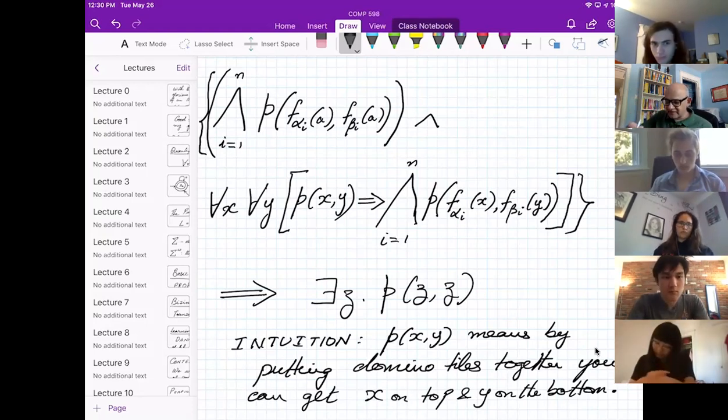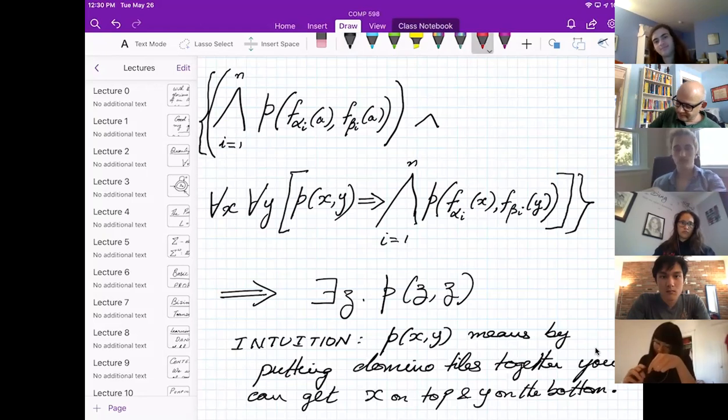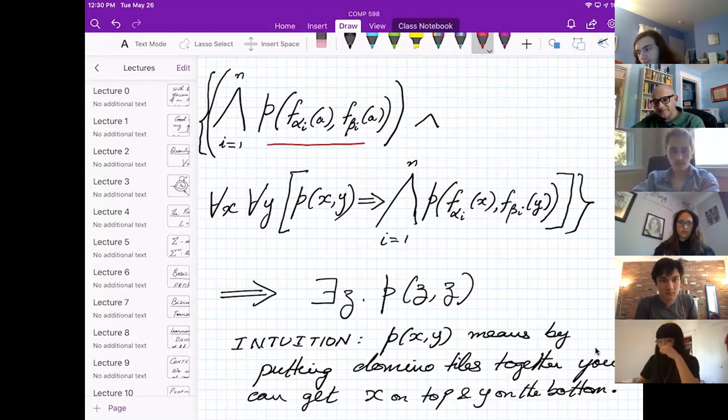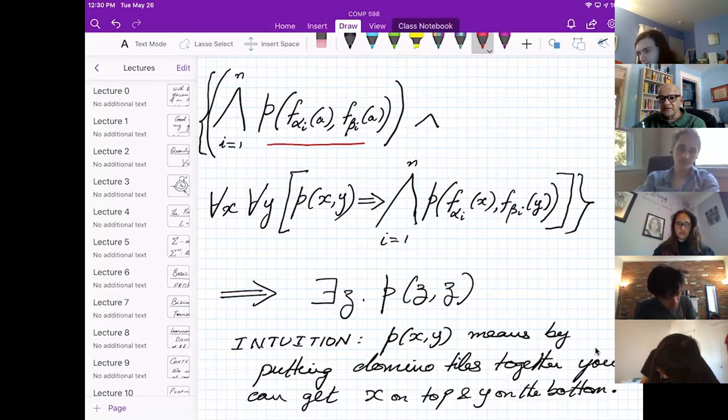Let's see what the first thing says. Look at what this thing is saying. This is nothing but a description of one tile, because it's saying, oh, P holds if I've got alpha I on top and beta I on the bottom. And what's alpha I and beta I? That's exactly one of the tiles that I've been given. So just unconditionally asserting that.